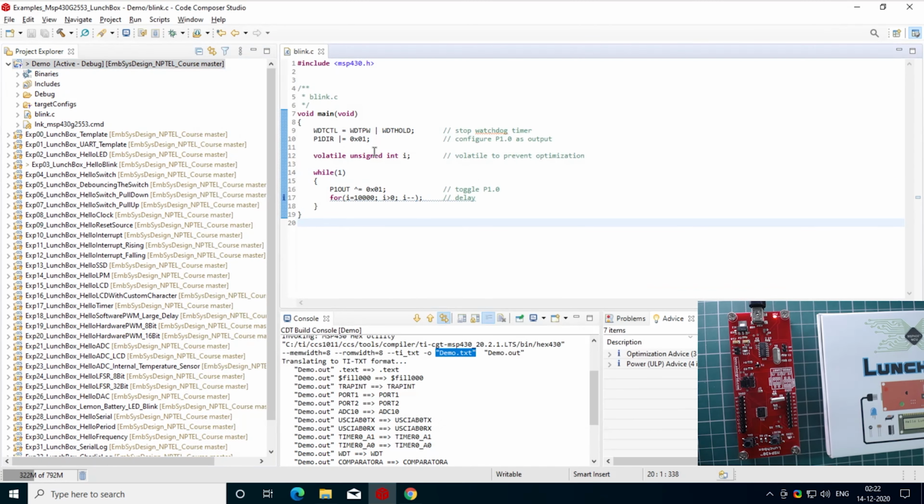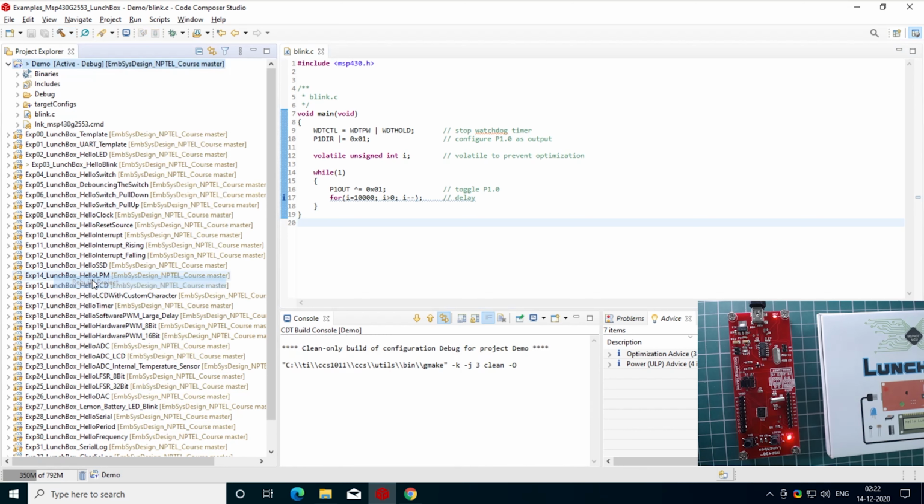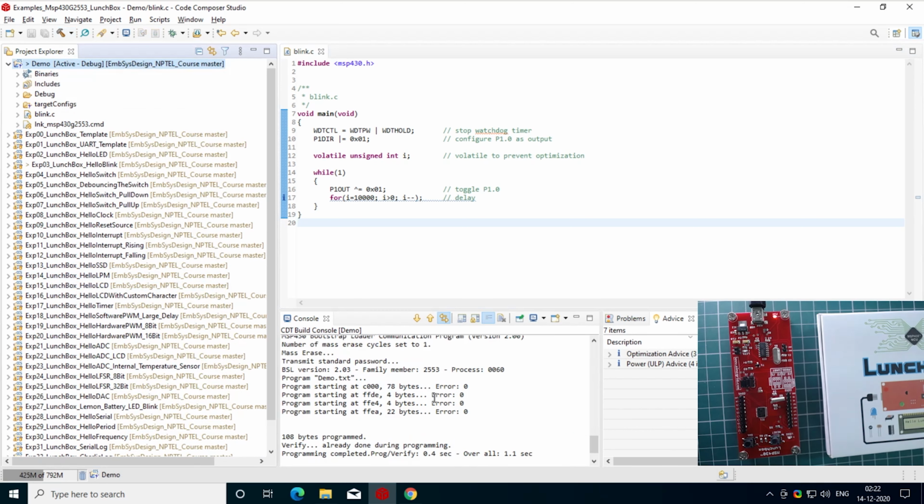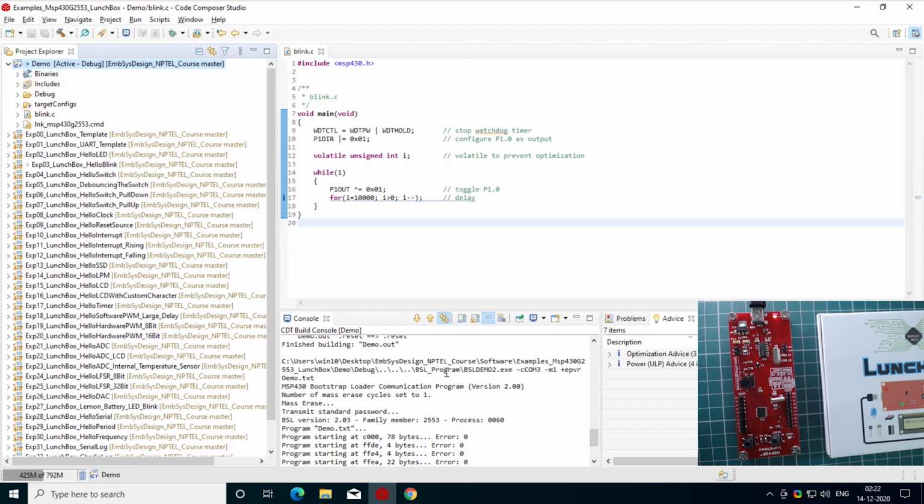Okay, so now if we right click this and rebuild the project, on every rebuild the command that we mentioned in the post build step is executed. By this execution our program will be pushed to the hardware.